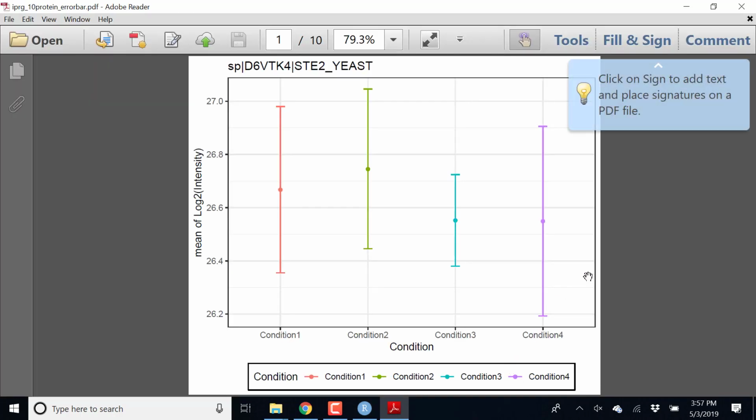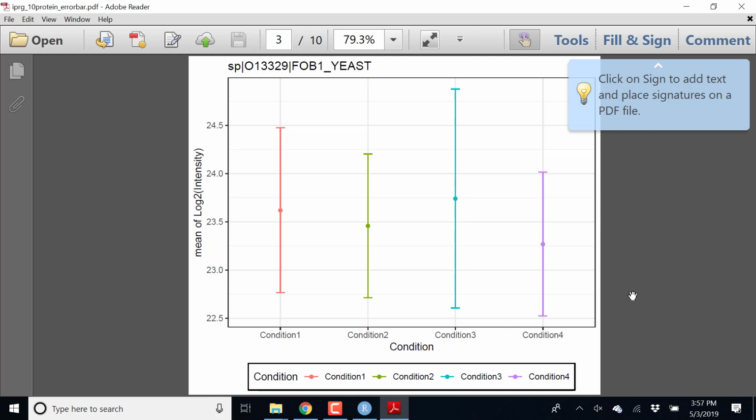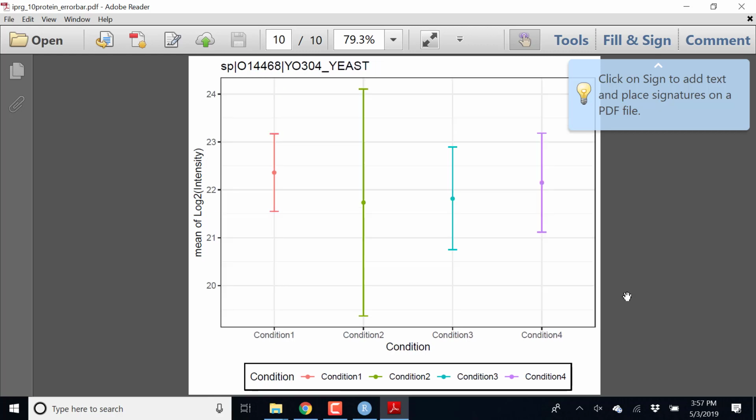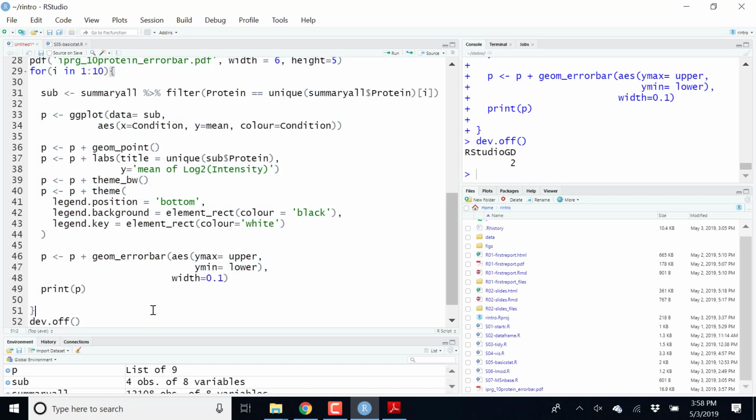Reopen it, and then here you can see now we can see the protein ID over here. So we can see this is a plot for the specific protein. Next one for the other protein. Next one is the other protein, and so you can just draw for same plot for every single protein and then save in the one file. Okay. Okay, then